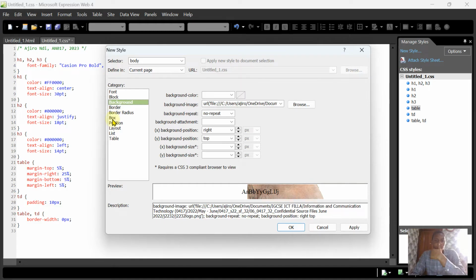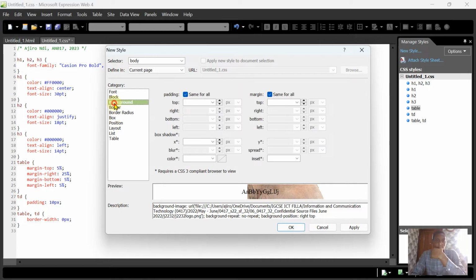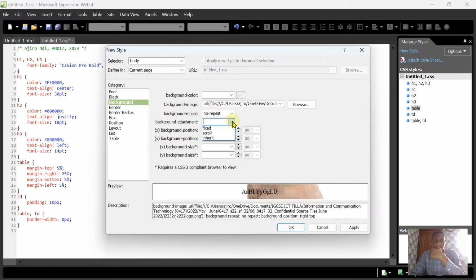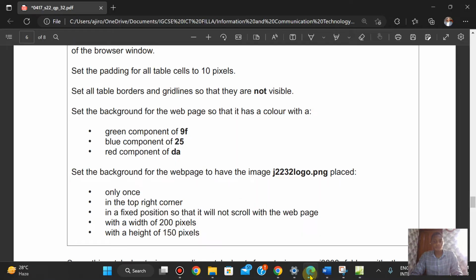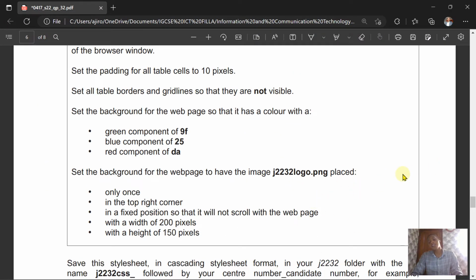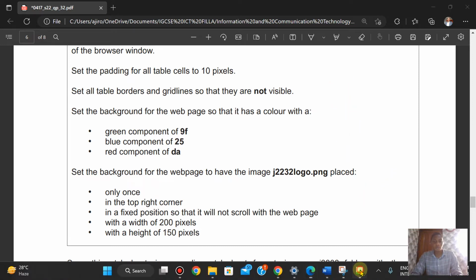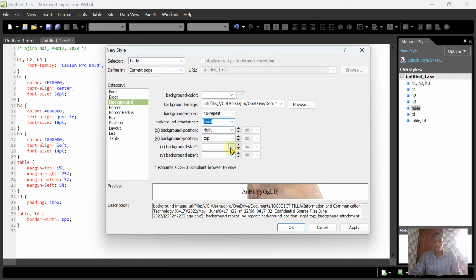Fixed position. Okay, attachment fix. So like you can see that this is fixed. It doesn't want to scroll, so fix. And what again? This is going to be the background size. The width is the x-axis, the height is the y-axis. So the width is going to be